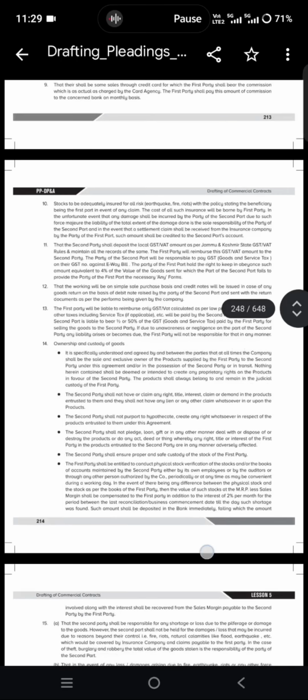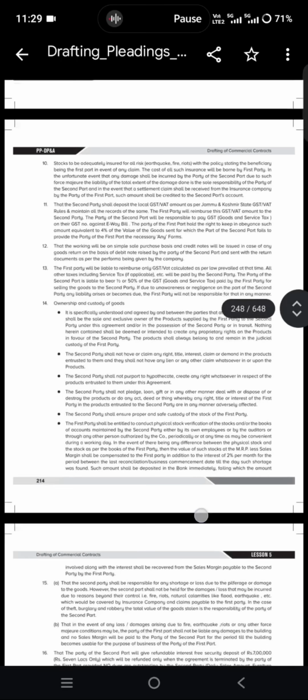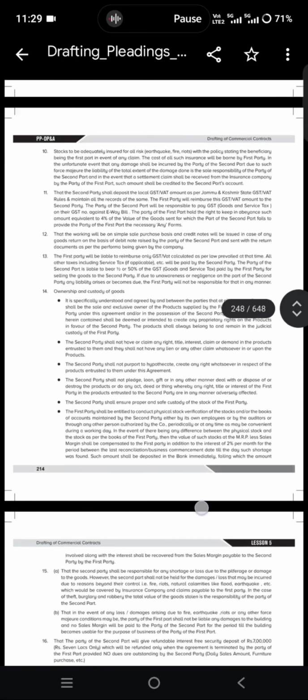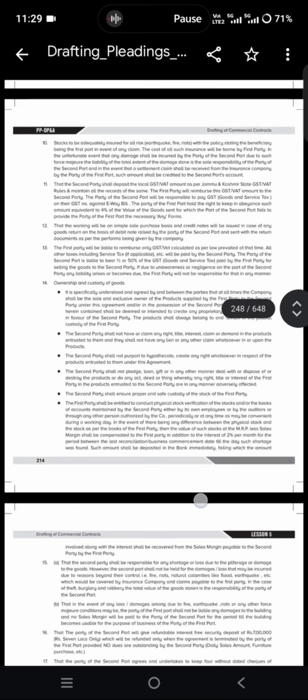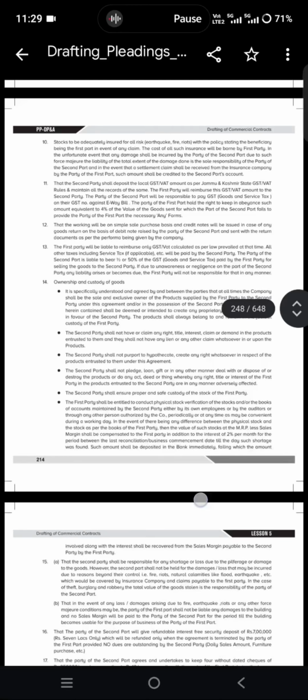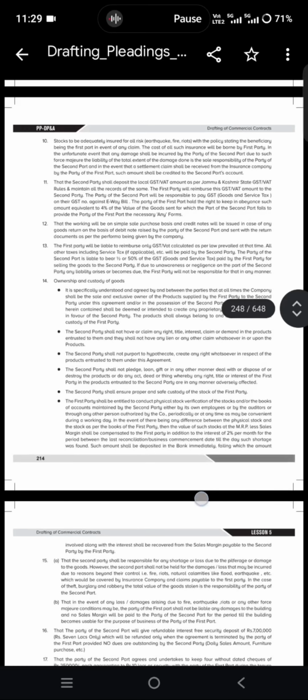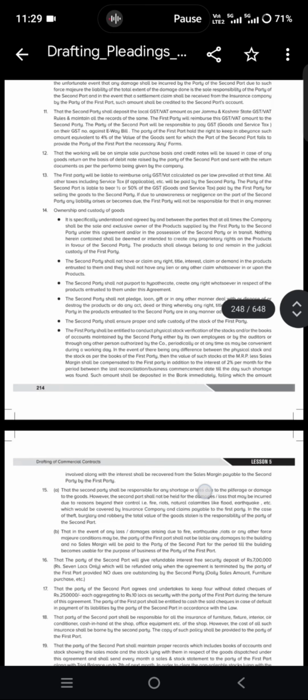And the property that is disclosed by the disclosing party should always remain the property of the disclosing party only. The receiving party cannot copy or reproduce the same without prior consent of the disclosing party. And next, within 7 days of the written request by the disclosing party, the receiving party shall either return, so you gave me the documents, I'll return them to you, or destroy as may be requested by the disclosing party, or upon the expiry of the term they fixed, or earlier termination is also possible if they breach or anything.